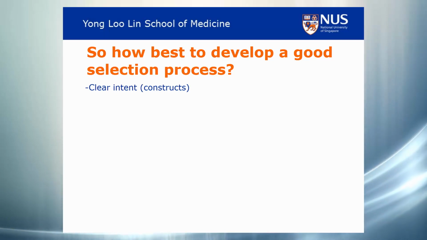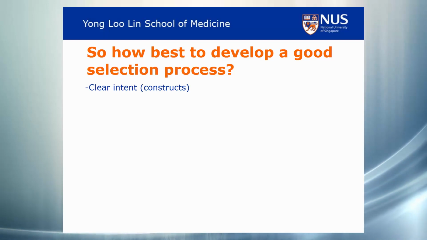Just because these are the constructs in the United States or UK or in an Ivy League medical or health professional school, we must not take it lock, stock and barrel. We need to reflect back, get our own people together and discuss what the areas are, what the constructs are, what the main intent of my selection process should be, so that it is aligned to the proximal and the distal criteria that we discussed earlier.